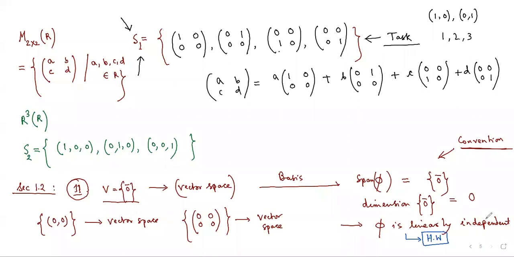Now I'm saying that this 0 vector space is defined over any field capital F. There is no such restriction that it should be the set of real numbers or complex numbers. Any field you can choose. So there is no restriction on the scalar. The only restriction is that it has to be chosen from a field. You cannot consider the scalar to be an element of a set which is not a field, because ultimately we are dealing with